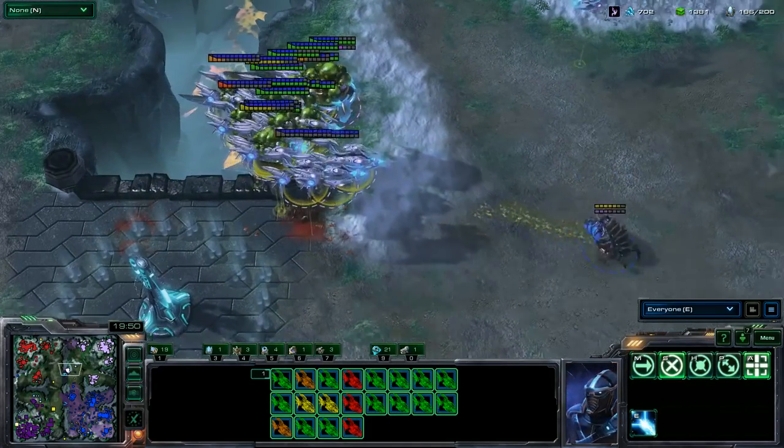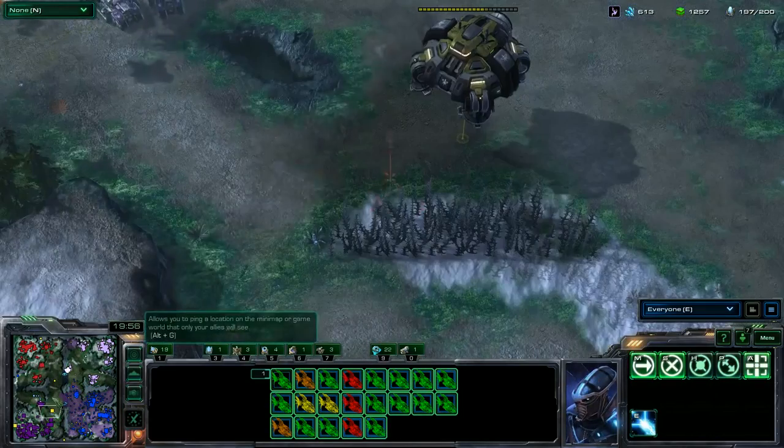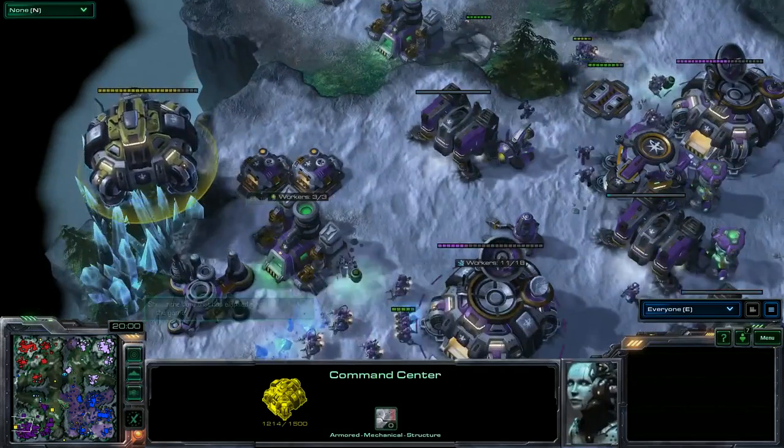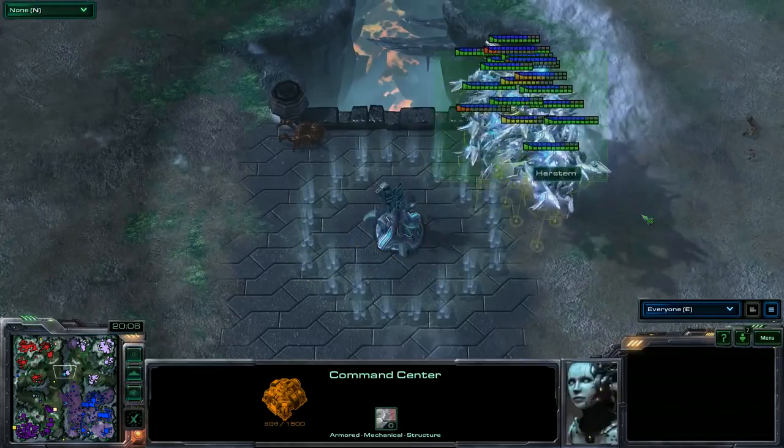Trying to neural parasite there. It is indeed going to be a fungal, though. That's tons of damage, but that's primarily just going to be on shields, if not all shields. The command center here just kind of still floating around. I think this one will get taken out,